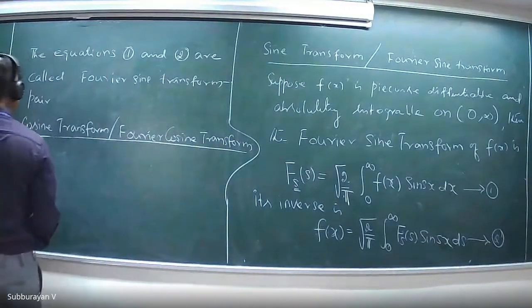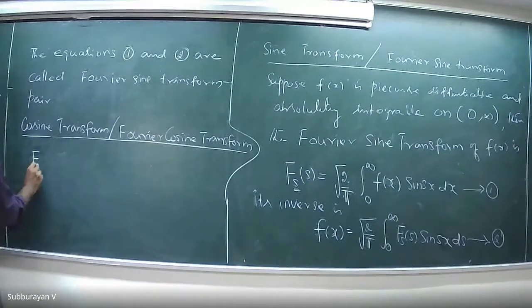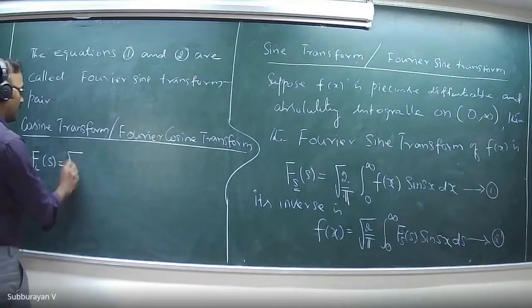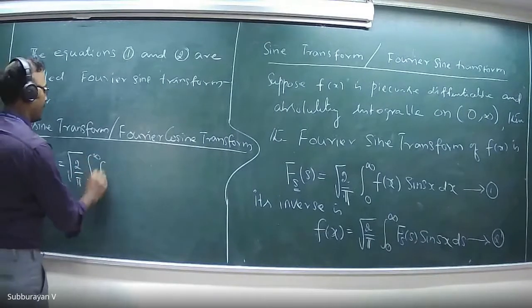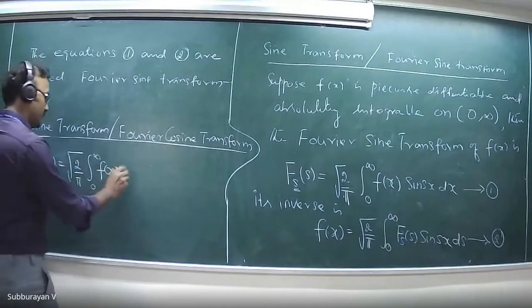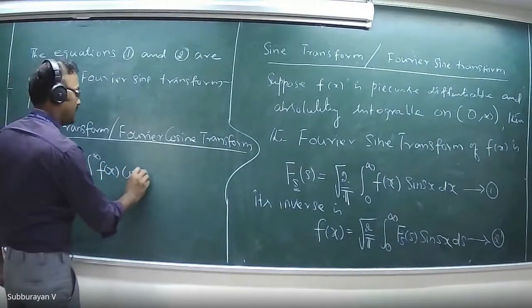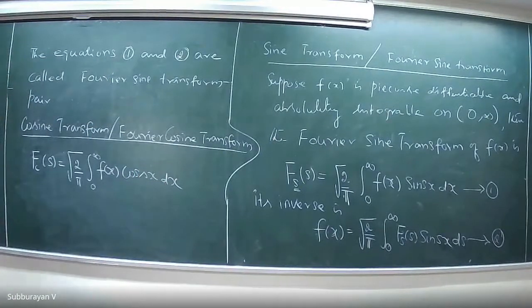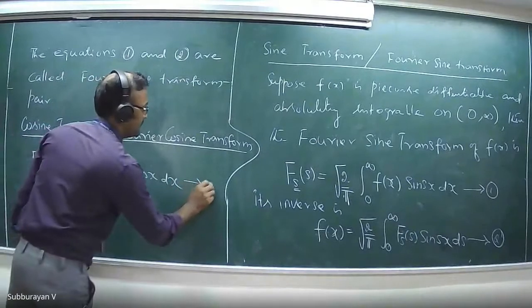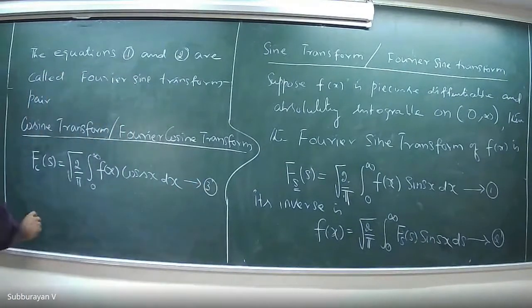Then the Fourier cosine transform Fc of s is equal to under root 2 by pi integral 0 to infinity small f of x into cos sx into dx. Now I call this equation number 3, and its